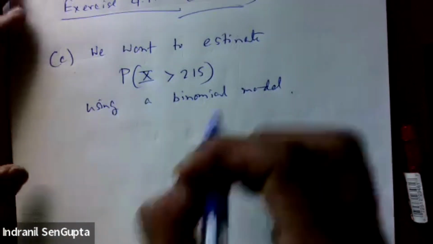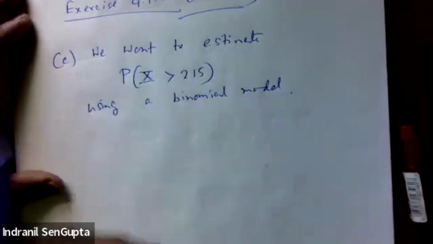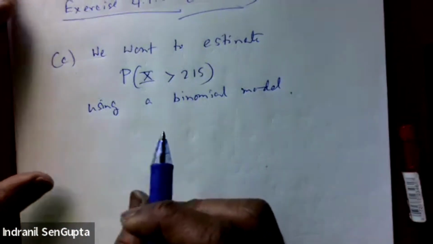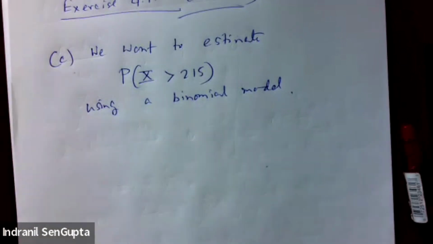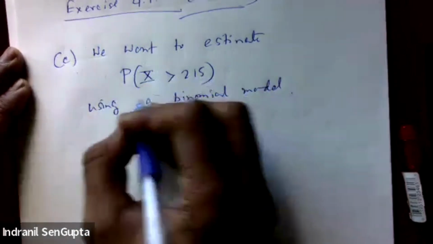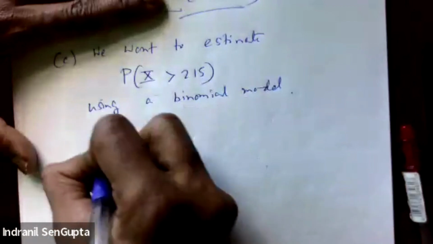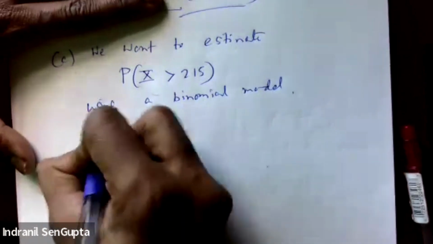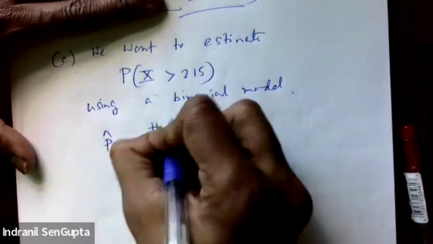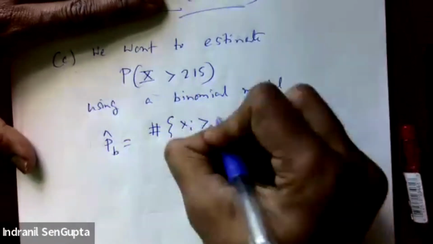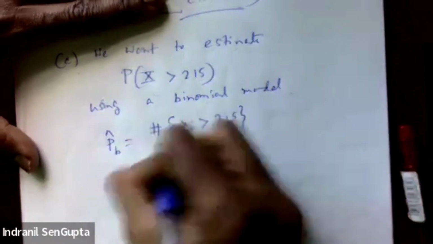So how do you estimate the probability of this kind? Basically, the proportion in the sample is an estimator for the proportion in the population. So this quantity is really estimated as P hat, which is the number of baseball pitchers who weigh more than 215 pounds over the number of total population,